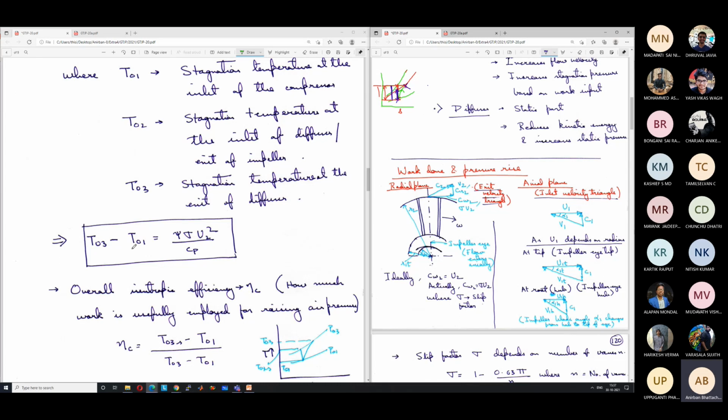So what is the pressure ratio that the compressor provides? If the inlet pressure is 1 bar, what will be the outlet pressure? So we want to find out the pressure ratio across this stage, okay? Because that is our important goal of the compressor. How much pressure ratio can be obtained in this compressor?